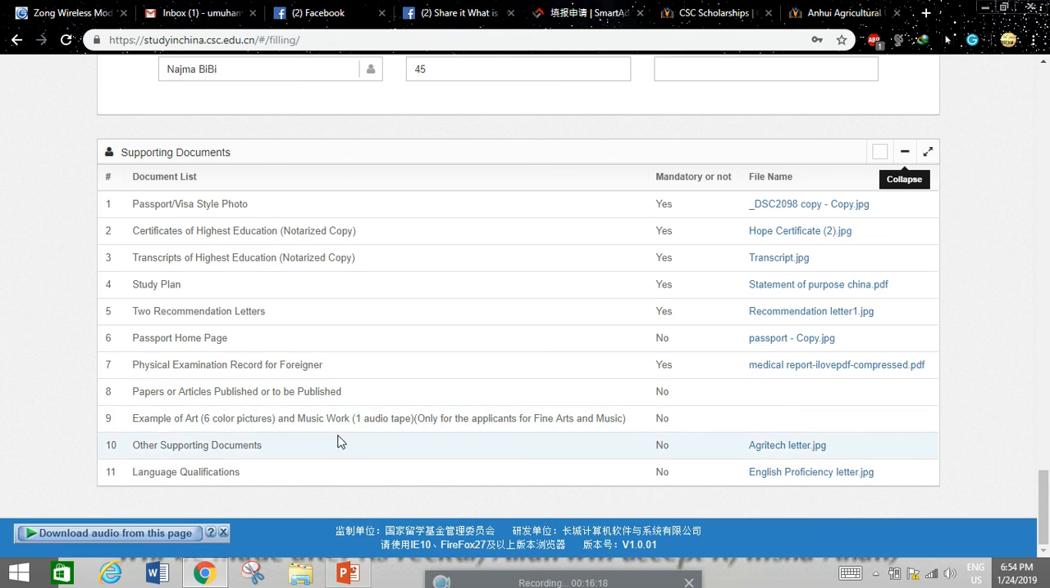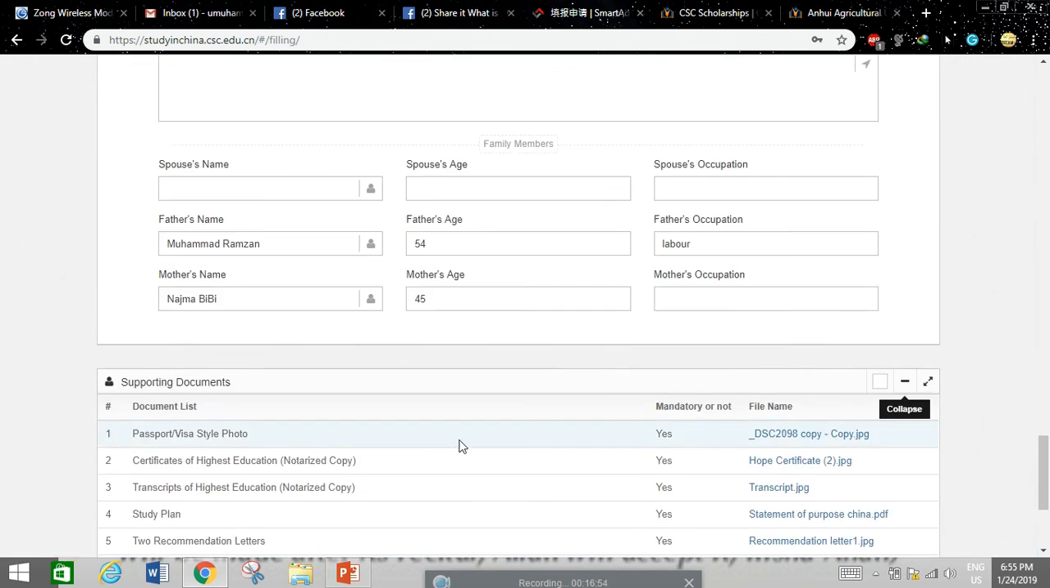Example of art, music, video, audio tape, that is for music and fine art students. Other supporting documents, like professional experience, other educational or extracurricular certificates like your societies, your competitions, and many other language qualifications. At the last one, language qualification, they are asking for your IELTS, TOEFL or HSK or many others, but you can put here your English proficiency certificate if you don't have any English language test. After that, when you save it,